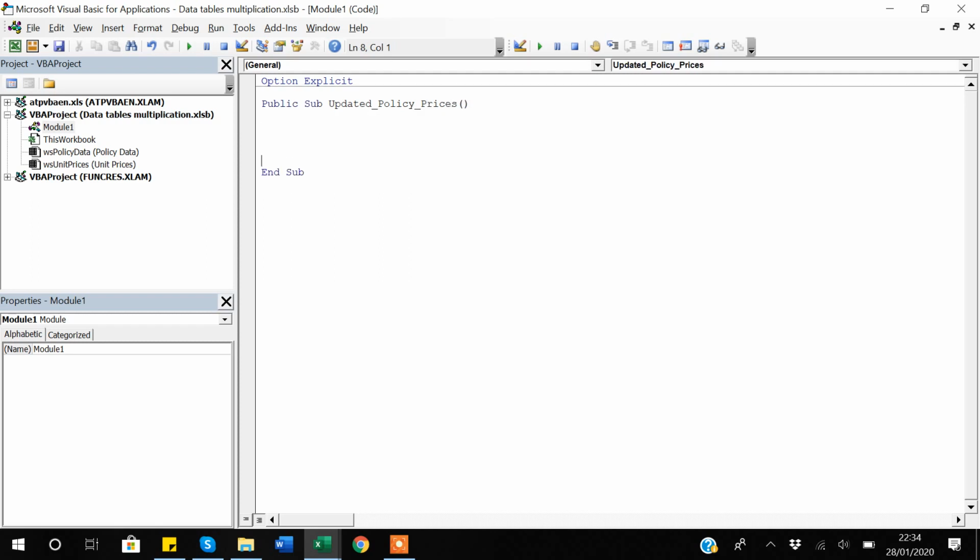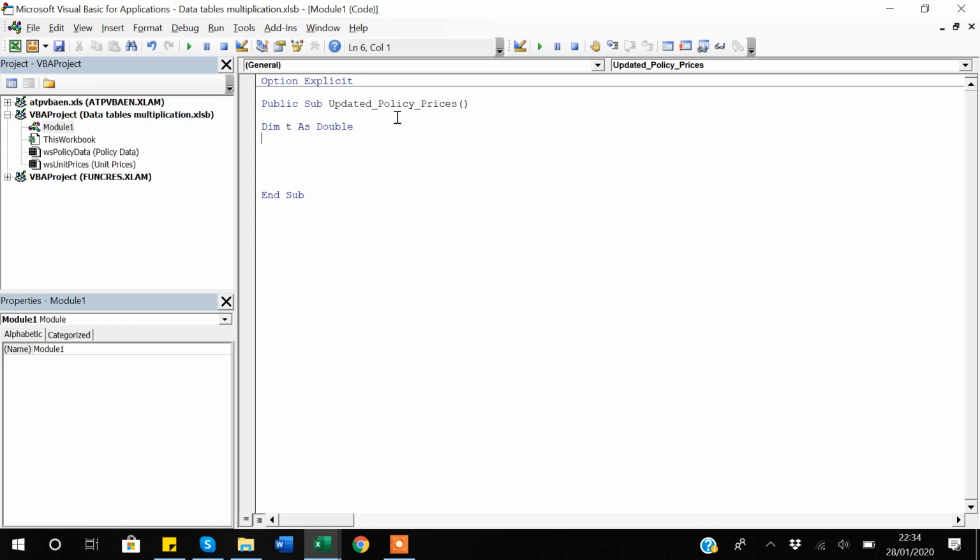Enter. And now I will start writing my macro. So the first thing within this macro, another thing that I will try to teach you guys, is suppose you want to know how much time your macro is taking to run, how you can do that. In order to measure that, I'll say dim, then t. So I'm creating a variable t as double,